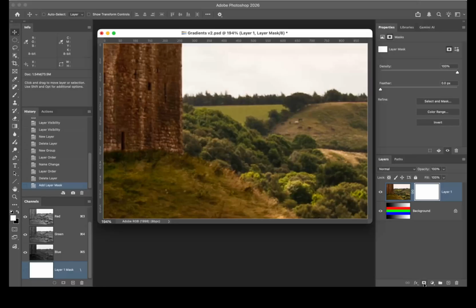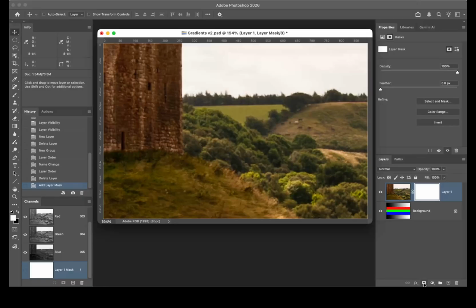Okay, so here's the thing about layer masking. What this does is it controls what you see and what you do not see. The adage that everyone uses for this is that white reveals, black conceals. Again, white reveals, black conceals. So right now I have a white layer mask on this thing. You can also tell, and this is something you really need to start paying attention to,